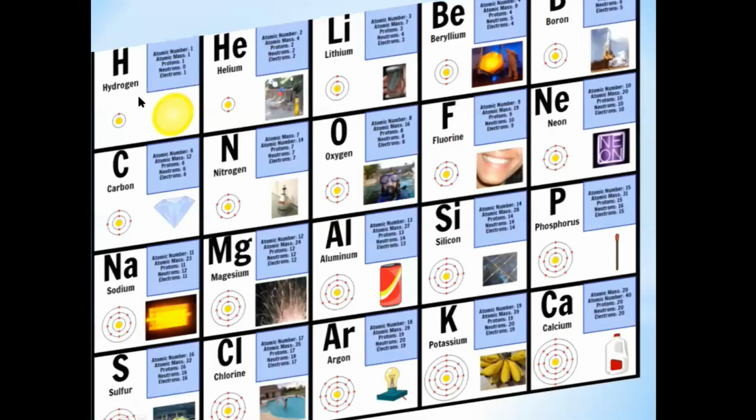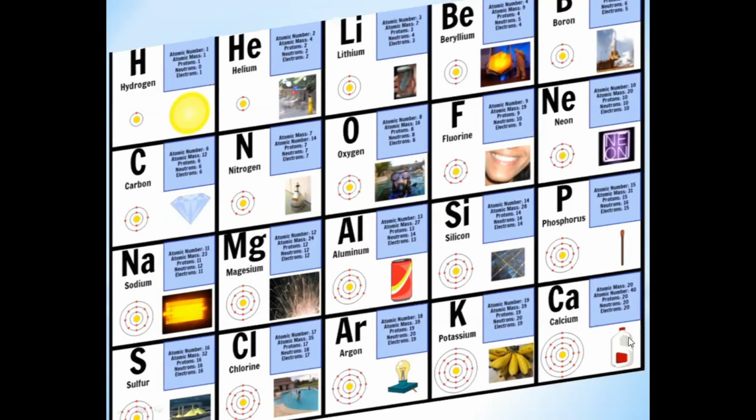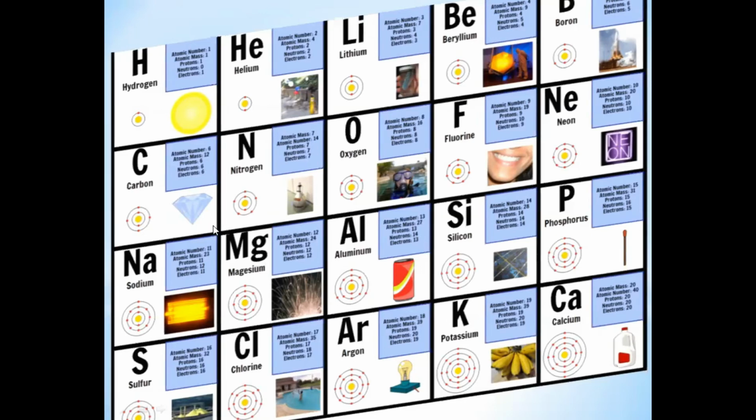Now finally, I'll show you the first 1 to 20 elements, which are the basis for most life forms. Here we see the very first element, hydrogen: what its electronic configuration is, and how many protons and electrons it has. Where you find it: most of the balloons we see have this gas. Then lithium, which most batteries contain. Carbon, which is found in the pencil you use, and also in diamonds. Calcium, which is the most important component, is present in milk and banana.